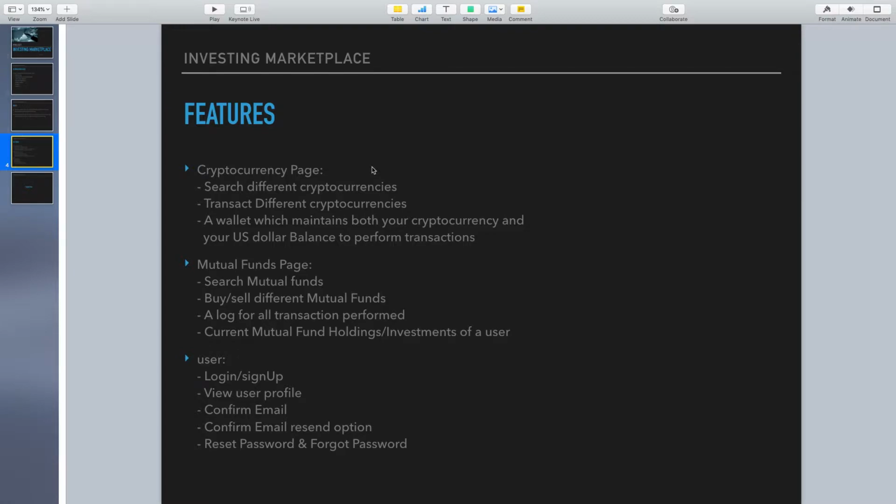There is a separate wallet that we maintain that holds both your cryptocurrencies and the US dollars in order to perform transactions. So when you perform a transaction, the coin is given to you and the US dollar balance gets deducted, and conversely, when you sell a coin, the US balance is added when the cryptocurrency